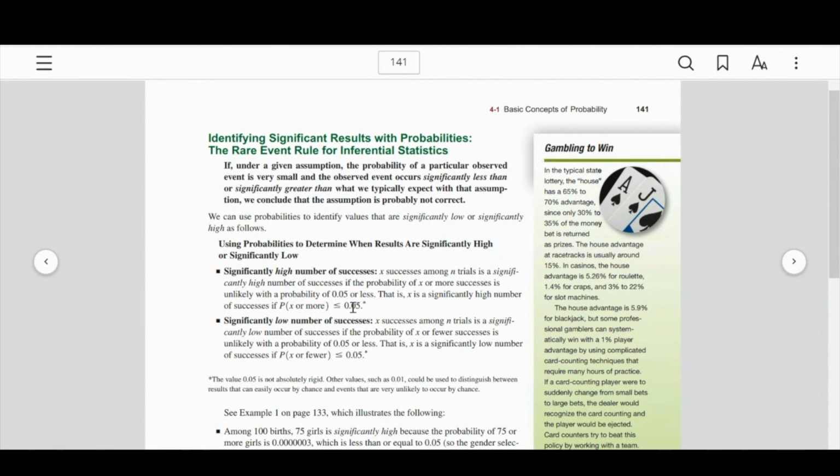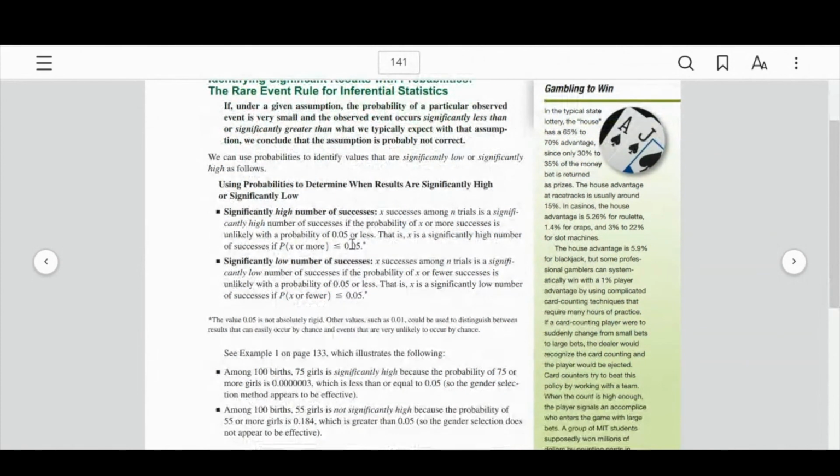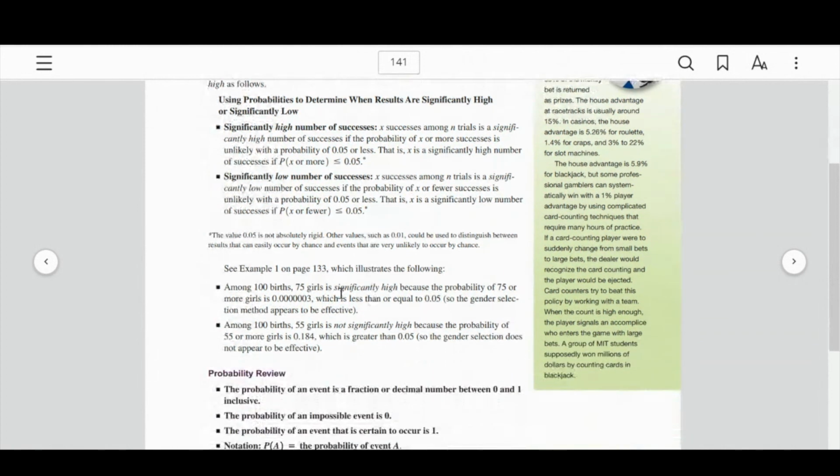If you're measuring the net weight of potato chips in a bag, well, if 1 out of 20 bags is the wrong amount, who cares? In fact, if 1 out of 10 bags is off by just a little bit, it's not going to end the world, right? And so this value can change. It's not absolutely rigid. 0.01 is one you can use. You'll see that quite often. In some industrial applications like food, okay, 10% is good enough. They give you an example.